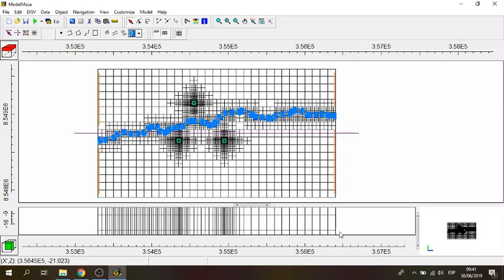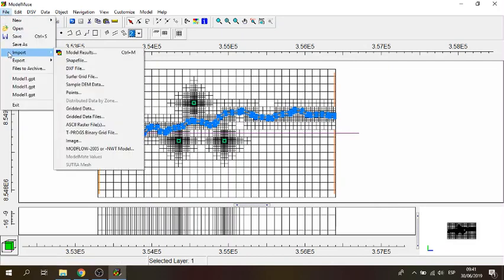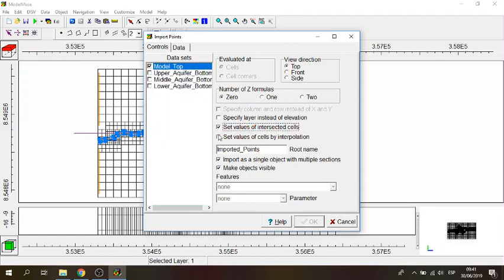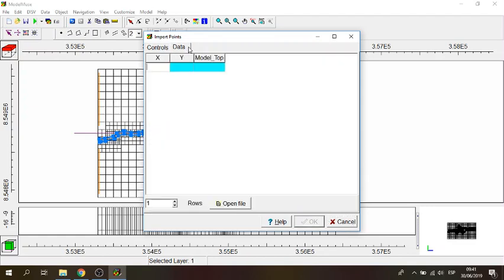So we have already the boundary conditions, the well, the river, but we need the topography. Let's start the topography. For this case, we are going to use the topography as points. We are going to upload it as points. And let's say that this is model top, set values, and let's say by interpolation, and then go to